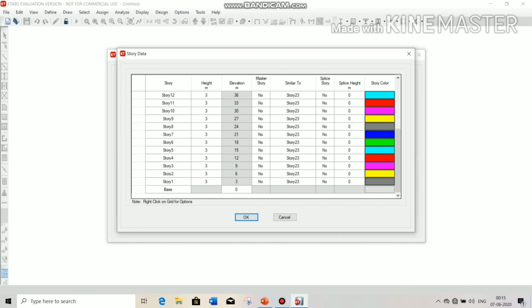Now you have to set these categories. For that, for 1 to 8, choose master story and click yes in 8, and for story 8 similar to story 7, change this value to story 8.